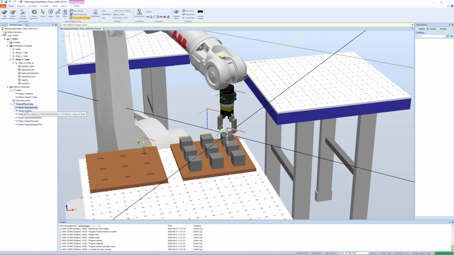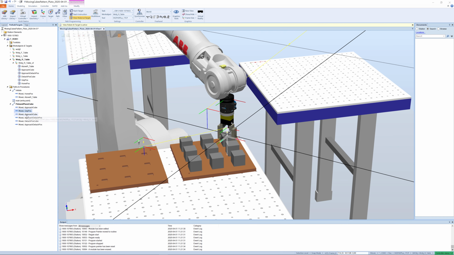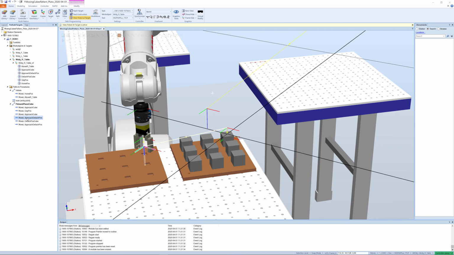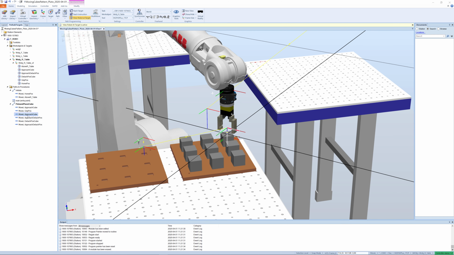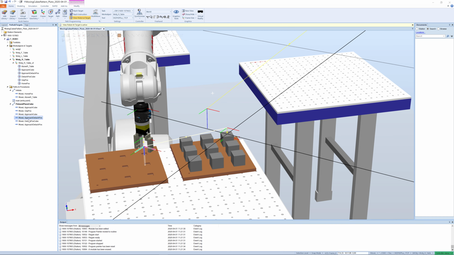We can set the robot at target, see how it moves around this one. Approach. It went wrong here in the